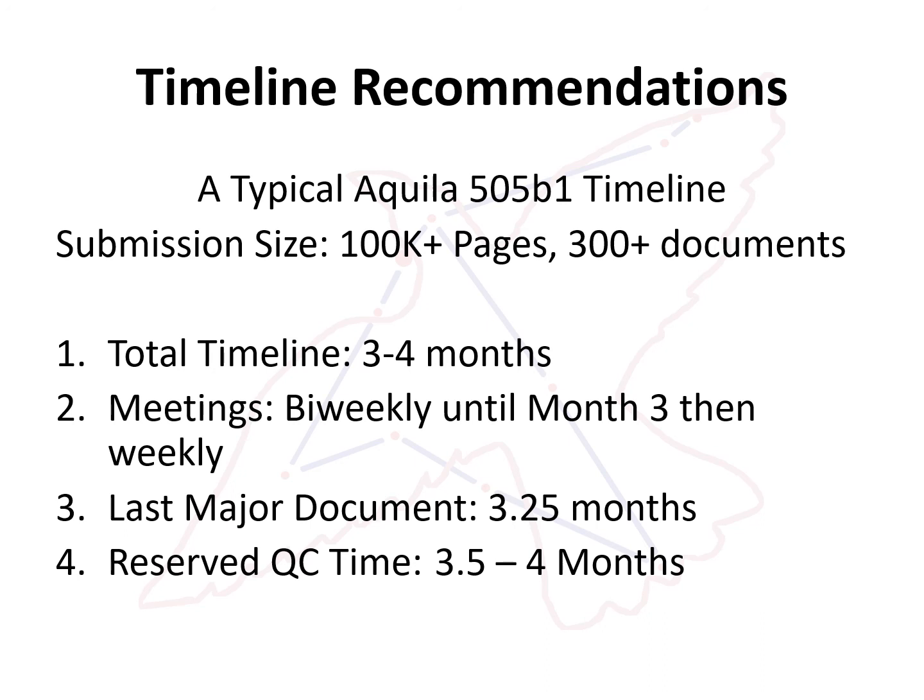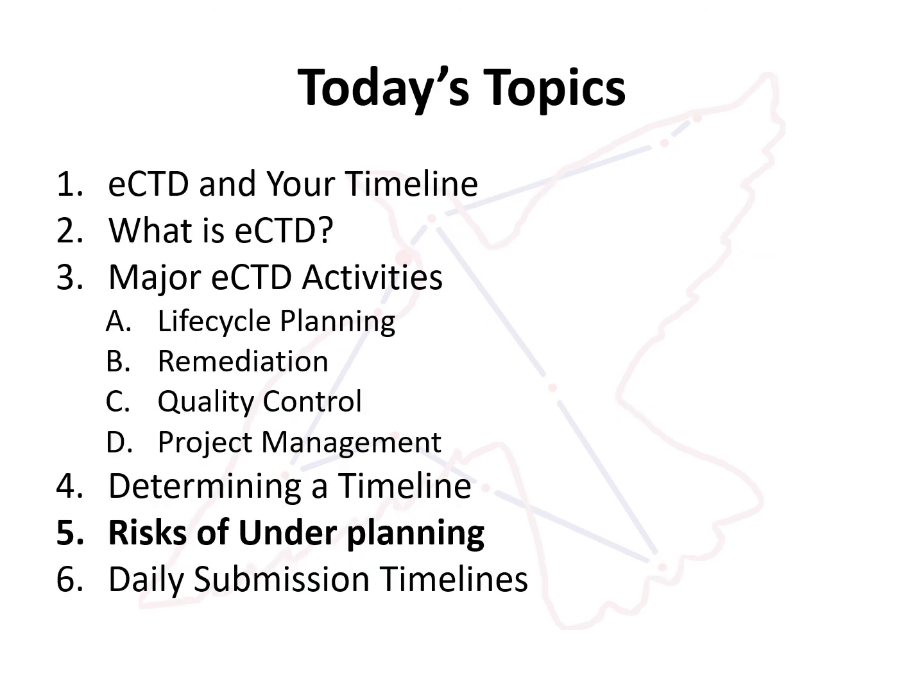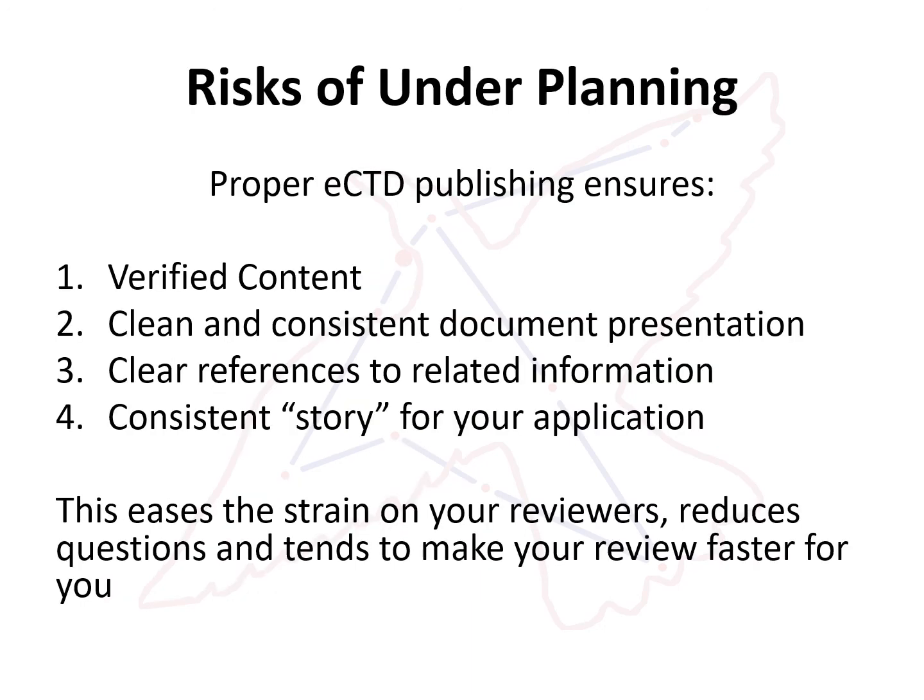Obviously, sooner is better, but less than 4 months, and you start running the risk of having a less. When a sponsor underplans for the publishing process, what almost always happens is that they cut into the